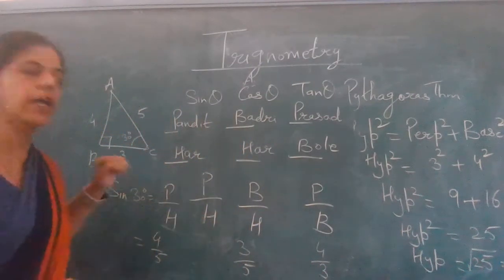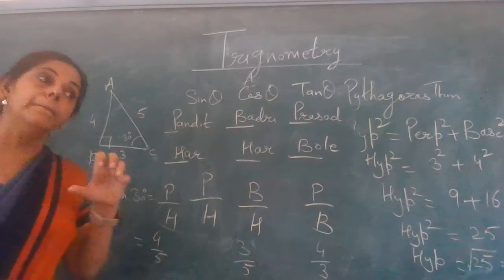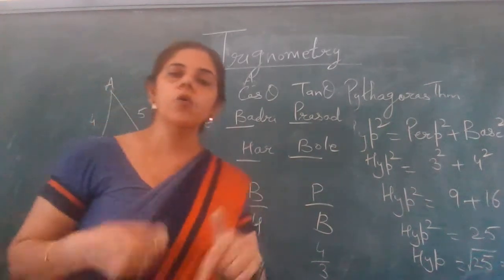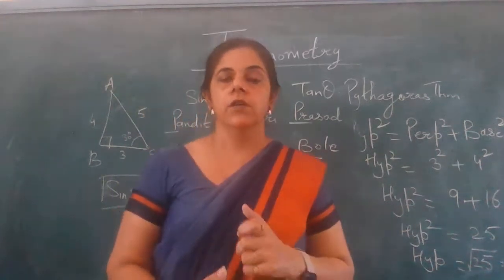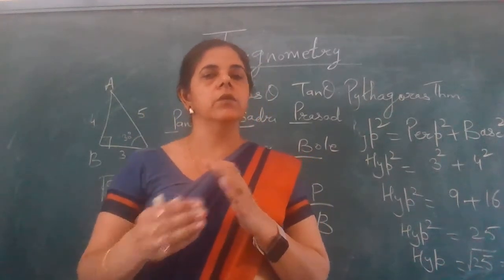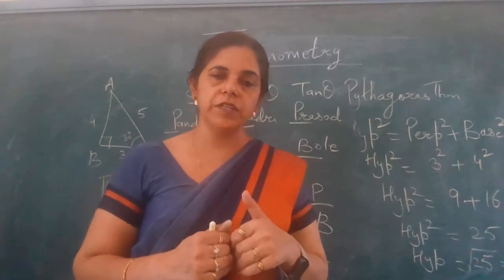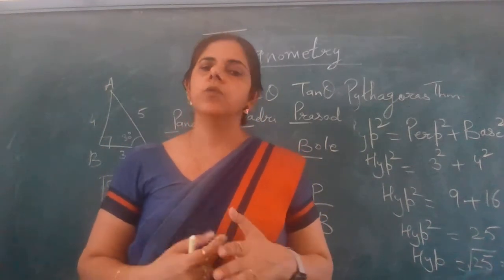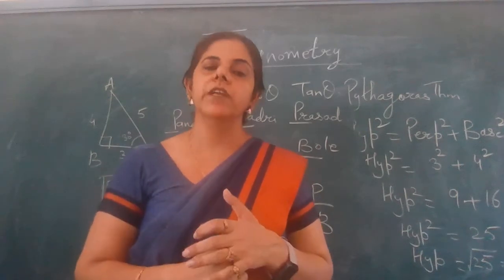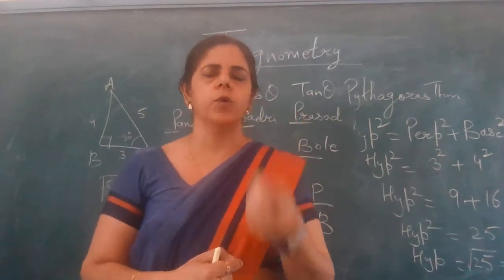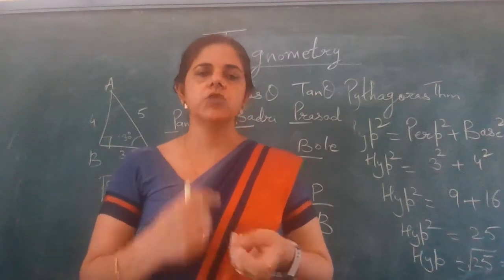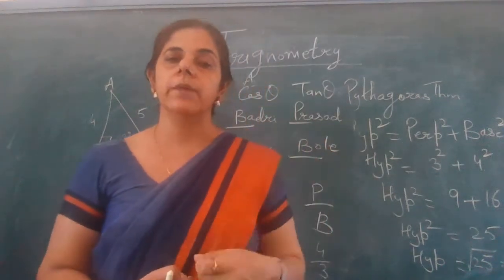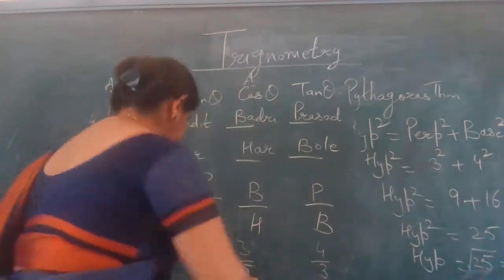So this way we derive the different values. But if we have to find this sin 30, how do we find it? There is a certain formula based on which we find the different values. Now let's make that table in which we can easily find the values. And there is a very small formula, just to understand, not to remember, not to cram, just to understand. Now let's see.